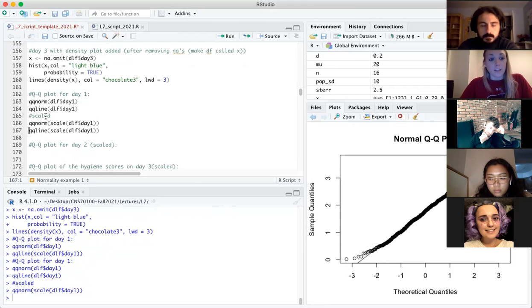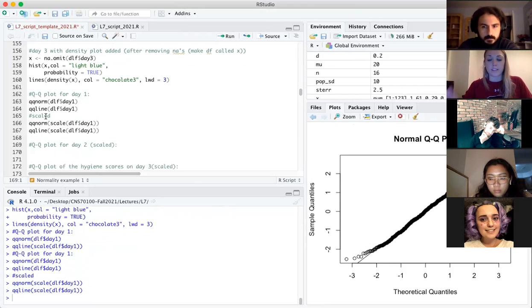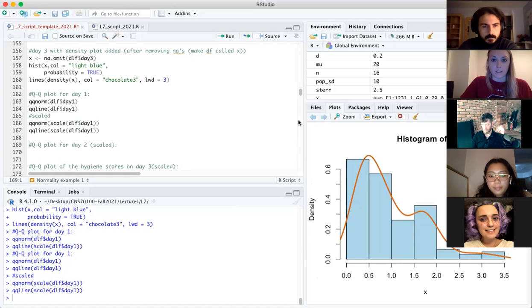You can also scale the data whenever you plot it. This puts it on a standardized scale where it's scaled relative to the center or the mean. So everything is how we were talking about the residuals being distributed around the mean. Now they're just all on the same scale, but you can see they're basically giving you the same piece of information. The only thing that's changing here is the